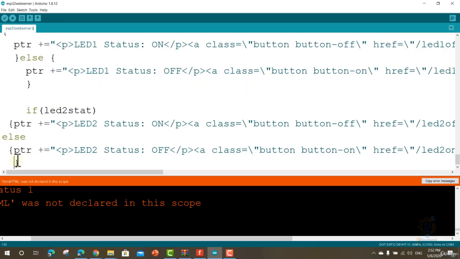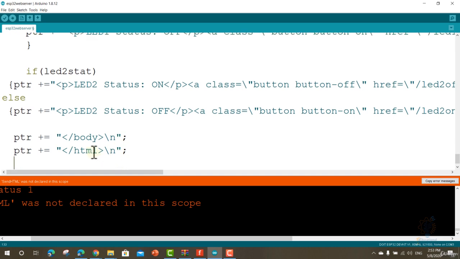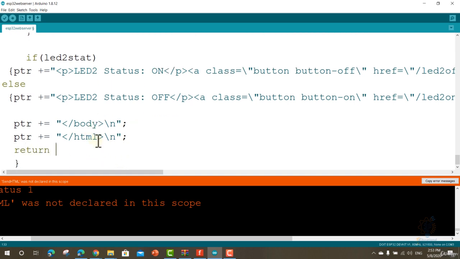Okay, now before we end this, we need to write ptr plus equal, and here we are going to close the body tag, and \n, and then we are going to close the HTML tag, and then \n. After that, let's write return ptr,